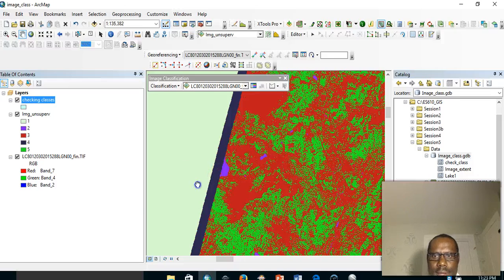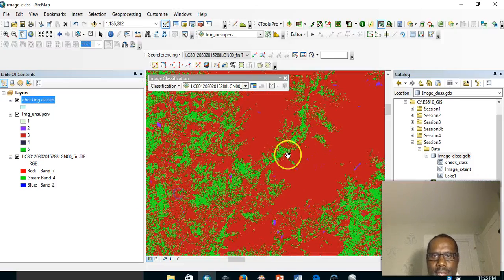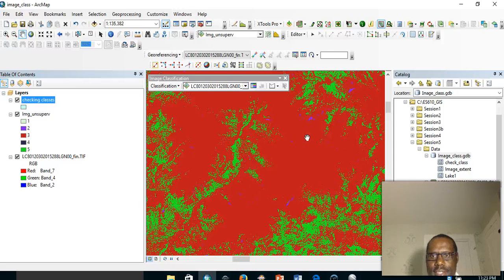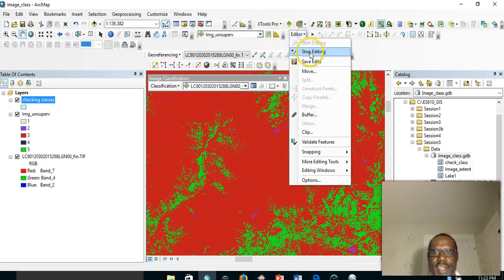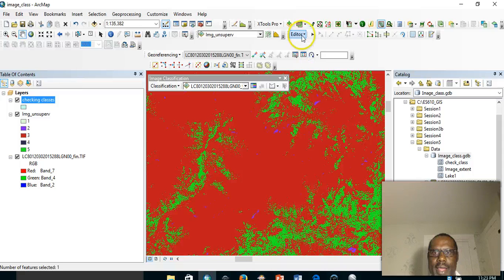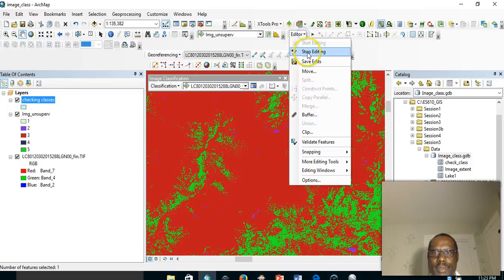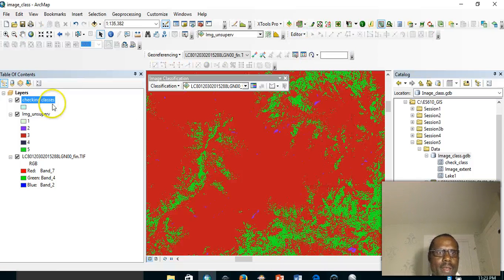Let's say we have these classes. We can check those, so it's fine. All right, so we go to editor, save edits, editor, stop editing. So okay, now we are going to add these features to